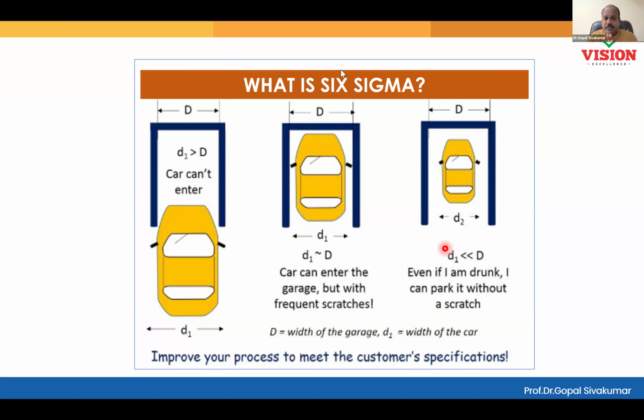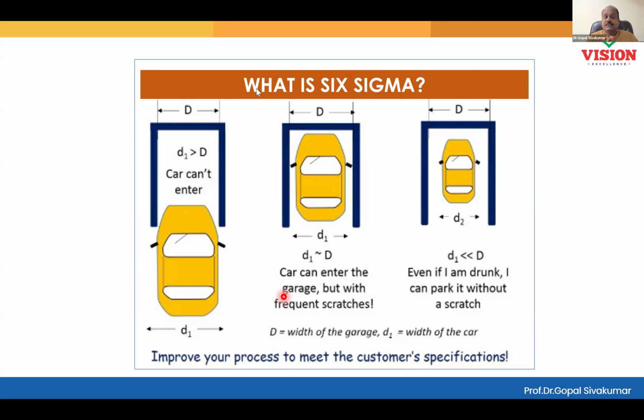If you design a process in a way that the control limits exactly touch the specification limit, the scenario is known as a just capable scenario. Something similar to the second picture. You see here, can you see the car exactly in the parking area? Even a small mistake will scratch your side mirror. Yes or no? Even though you are a highly skilled driver, can you handle this kind of scenario every day? Already you are not able to bear the pressure from your boss and pressure from your spouse. So many challenges you have. While managing all of this, will you also manage this kind of scenario? Very difficult, isn't it? So a just capable scenario must be avoided.